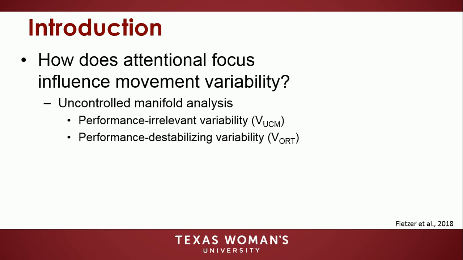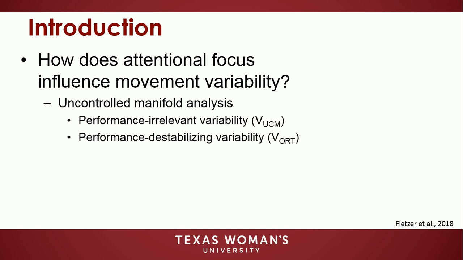So for performance irrelevant variability, this is variability that does not impact a control variable that's identified in the experimental design. So in the present study, with a balance task, our control variable is center of mass position. So if I have movement variability in my body that does not impact, or does not destabilize, the center of mass position, that's classified as VUCM,